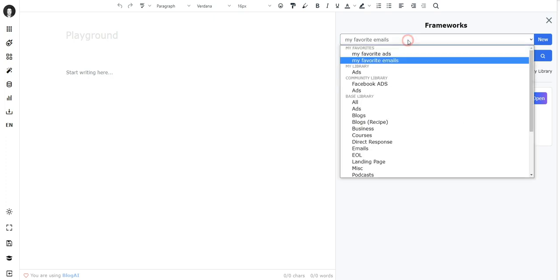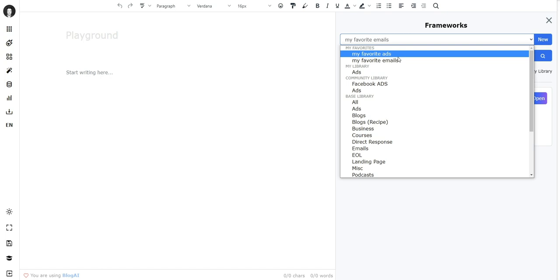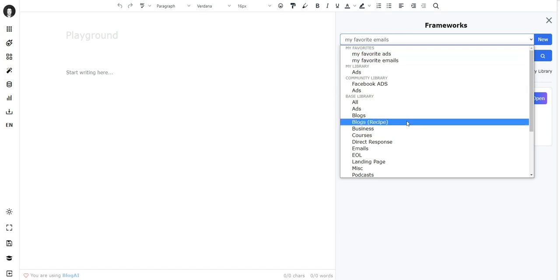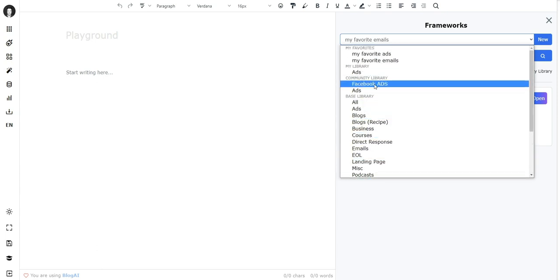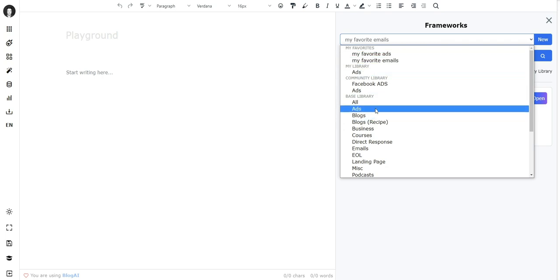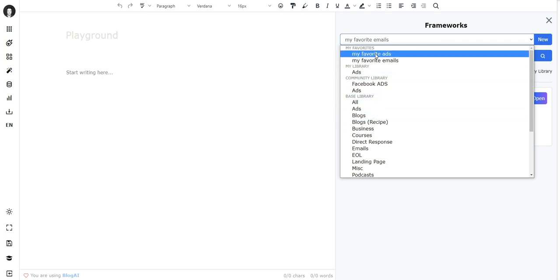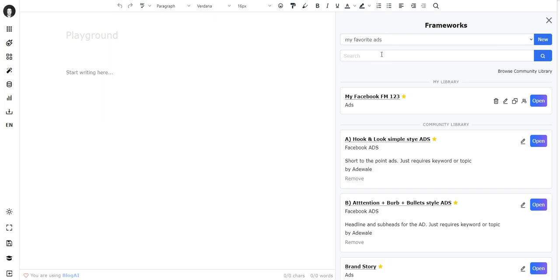So you can create very complex or very structured favorite lists, and you will never ever have to go back and go through all these libraries and find your favorite frameworks. Instead, you can just create your own list. Yeah, this is how it works. And if you want to remove